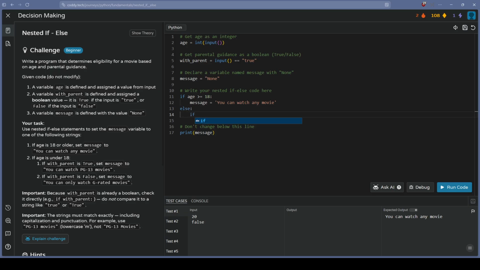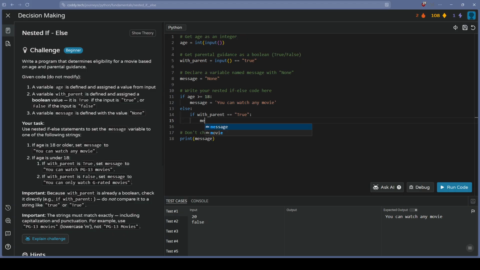Because we do else, that's everything below 18, so we basically have that. But if with parent is equal to true, then set the message